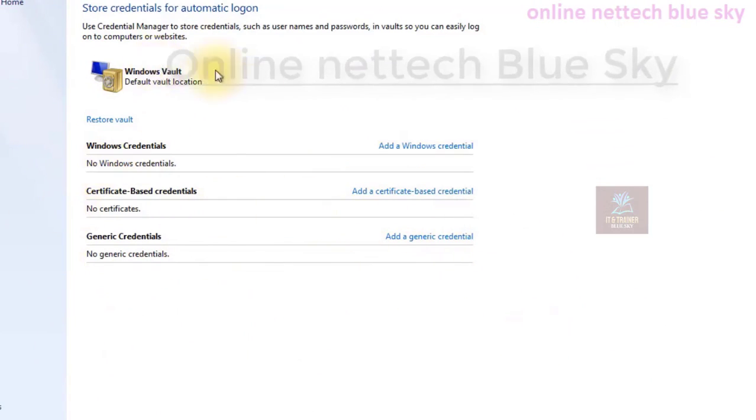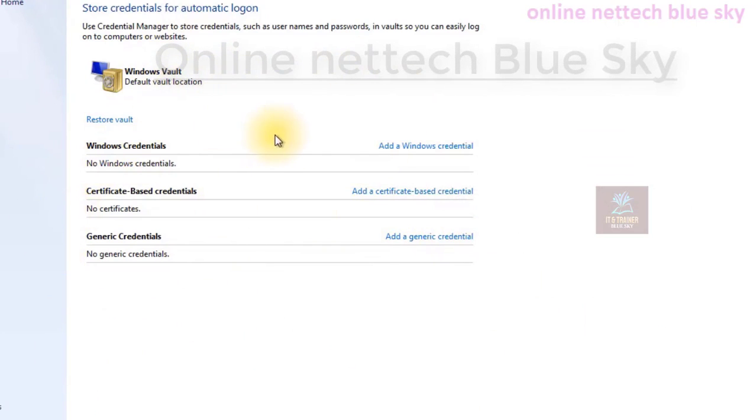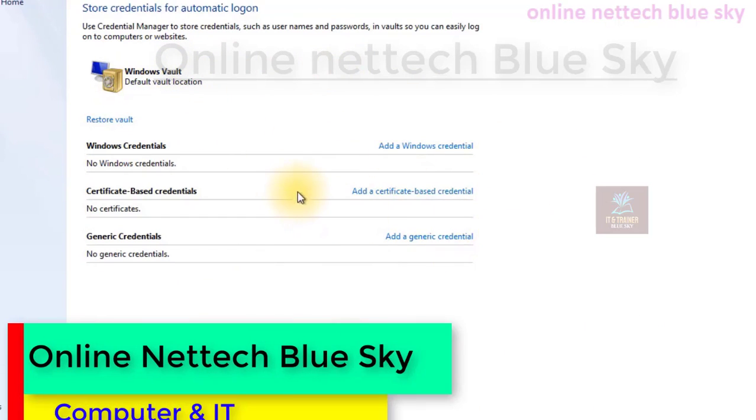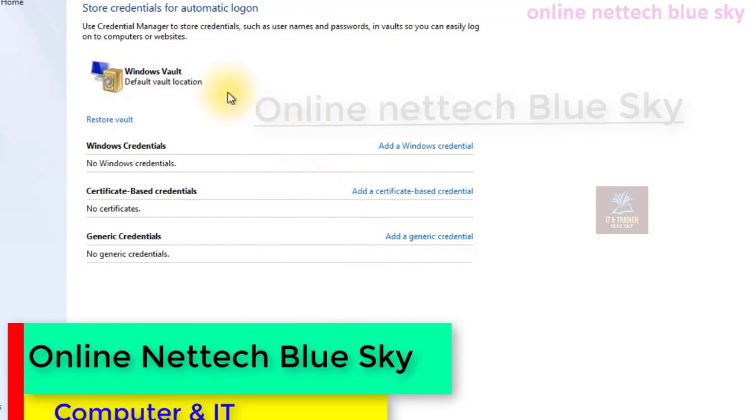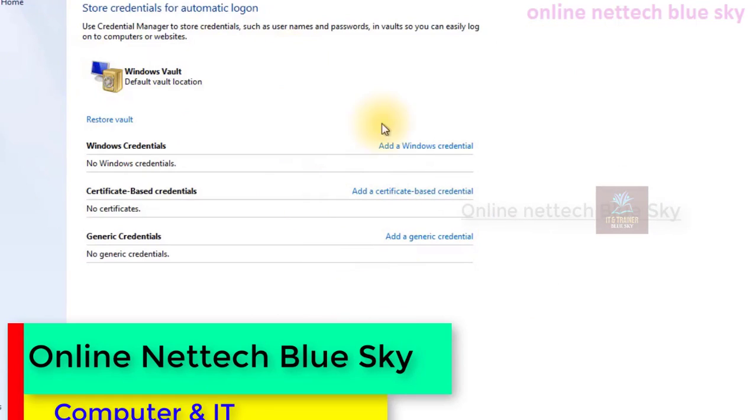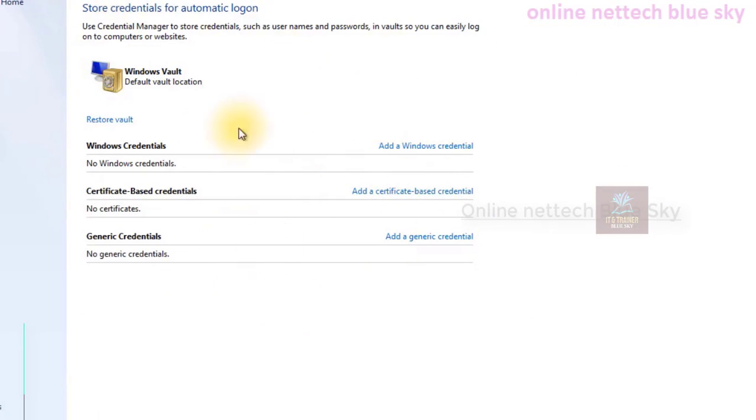So this is my second PC, and the second PC tries to connect with my other Windows 10 computer, but first it needs a username and password. You can enter the administrator or you can add a local user, anything.